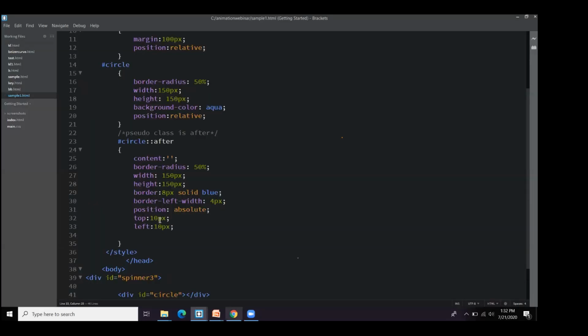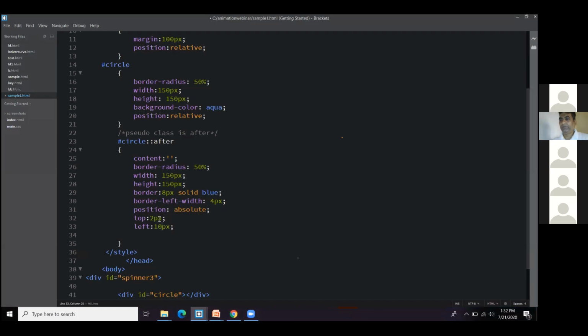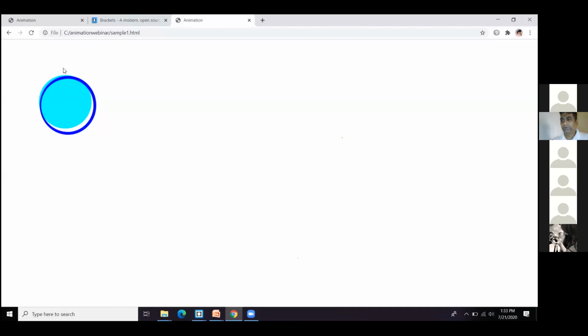And 10, the border is a little bit moved away from the circle. So you can adjust it. I'll just take it as 2 pixels. You can check with the border. So that gets fixed with my circle over there. So -8 and -8 position is exactly fitting into the circle. So you can see here, this border is 4 pixels and the other side border is 8 pixels. It is a little bit thicker.